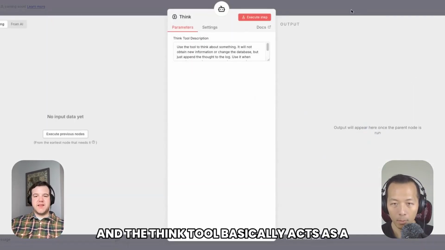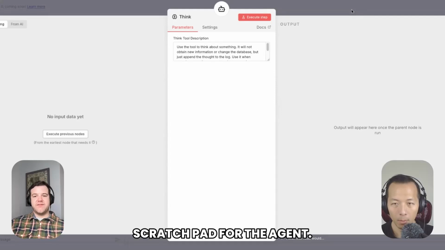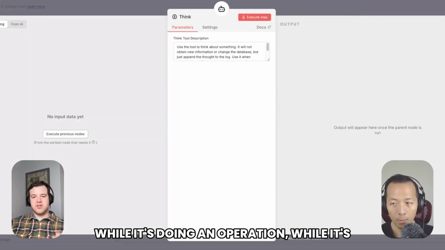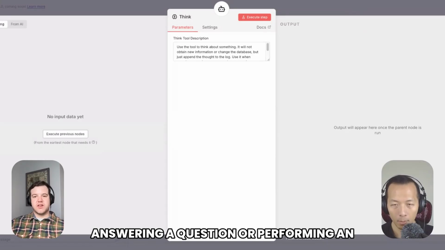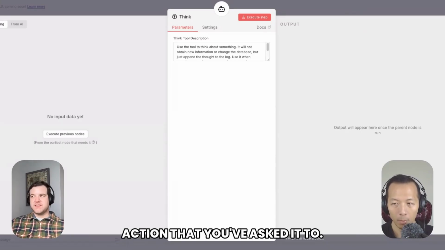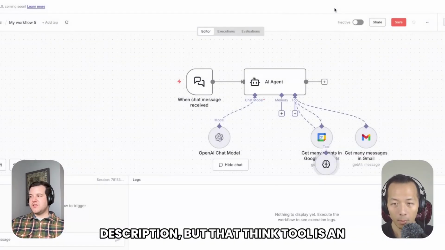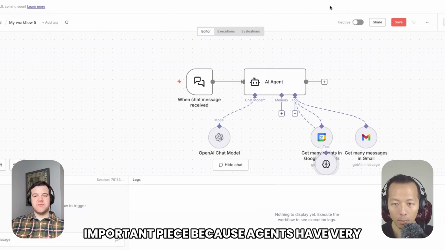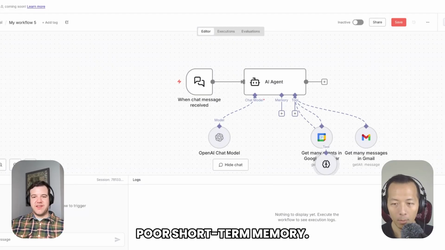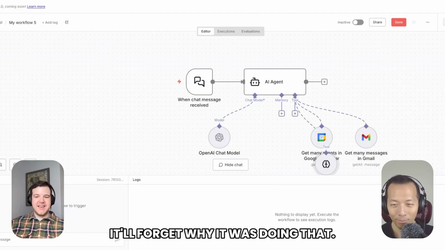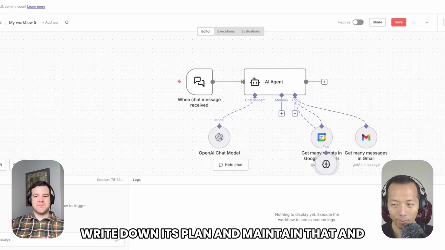And the Think tool basically acts as a scratch pad for the agent while it's doing an operation, answering a question or performing an action that you've asked it to. We don't need to change anything in the description, but that Think tool is an important piece because agents have very poor short-term memory. As soon as it starts doing something, it'll forget why it was doing that. And the Think tool is where it's going to write down its plan and maintain that and update it over